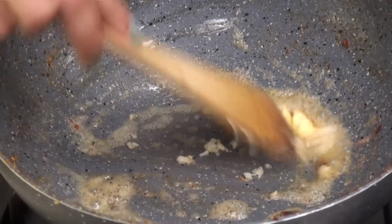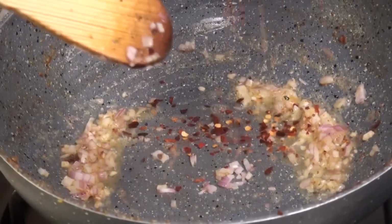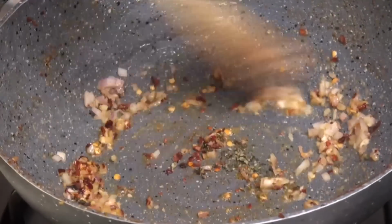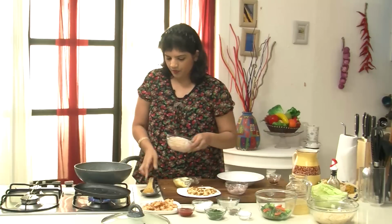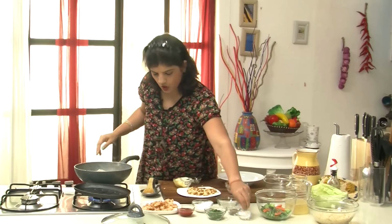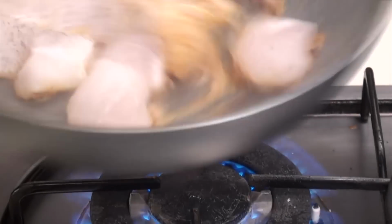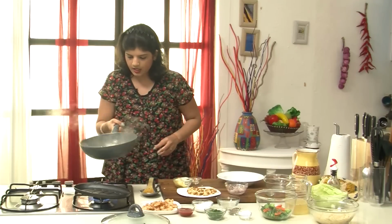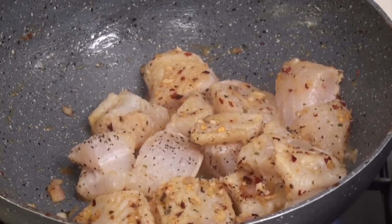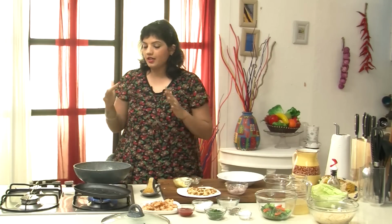Butter followed by some garlic and onions, chili flakes, some dried herbs. And this time it's boneless pieces of fish, little bit of salt and pepper, but the fish is quite a tender meat, so don't do too much of tossing, just use a spatula and just turn it over. We'll have to cook the fish till it is done and then we'll start arranging the